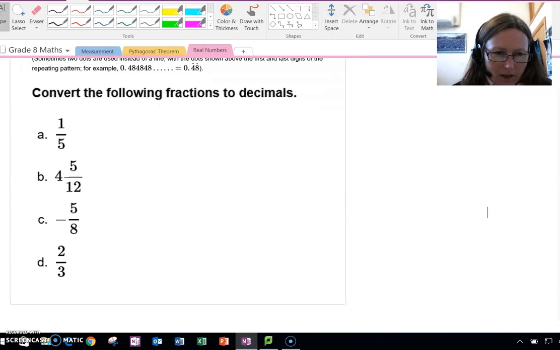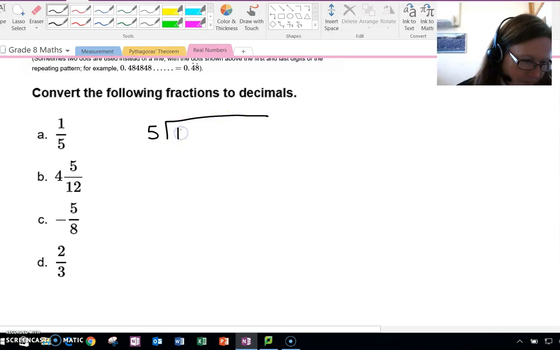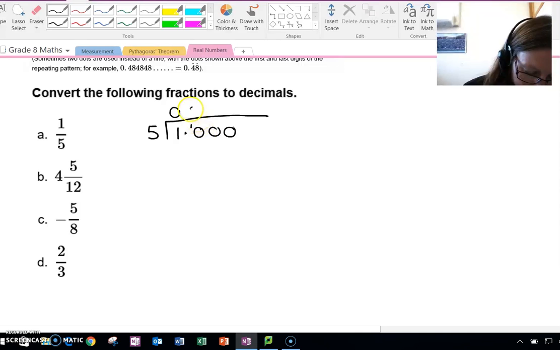To convert 1/5 to a decimal, what we do is put the denominator and then the numerator. So we divide the numerator by the denominator. If I say, how many times does 5 go into 1? The answer is 0, carry the 1. How many times does 5 go into 10? It's 2 exactly, and then my decimal point moves up, so it's